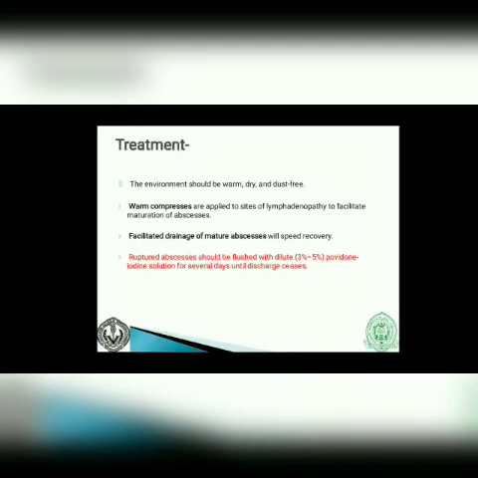So now, let us come to the treatment. The clinically ill animal should be provided with a warm, dry, and dust-free environment. We can also apply warm compresses on the sides of lymphadenopathy to facilitate maturation of the abscess. After the abscess is matured, we should facilitate drainage of it, which will help in speedy recovery. Once ruptured, the abscess should be flushed with dilute 3 to 5% povidone iodine solution for several days until the discharge